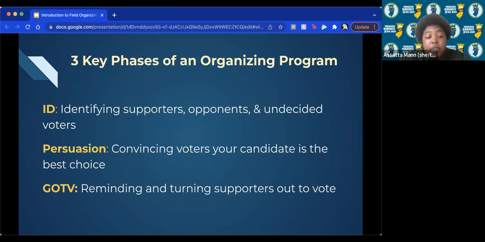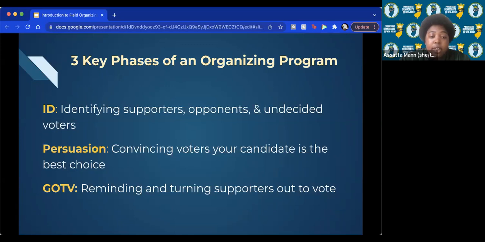GOTV stands for Get Out the Vote. And again, this is a whole phase, a whole part of your organizing program, and we could do an entire training just on GOTV. This is just an introductory training. We're going to touch on the basics. So I'm not going to get super into what Get Out the Vote is all about today, but